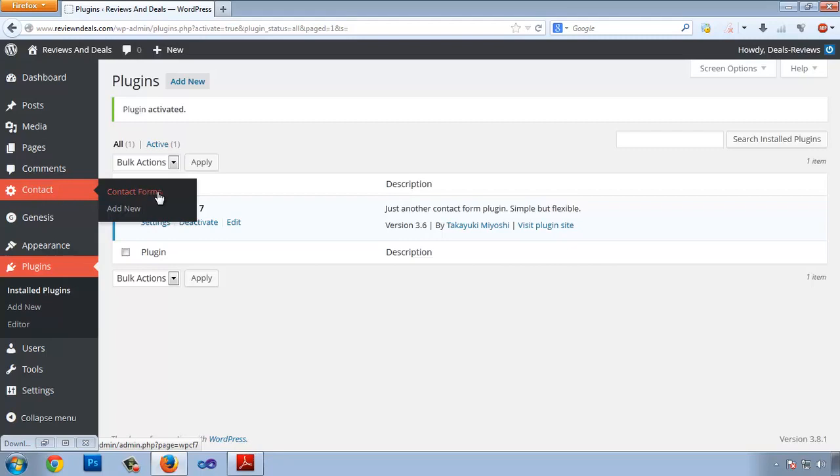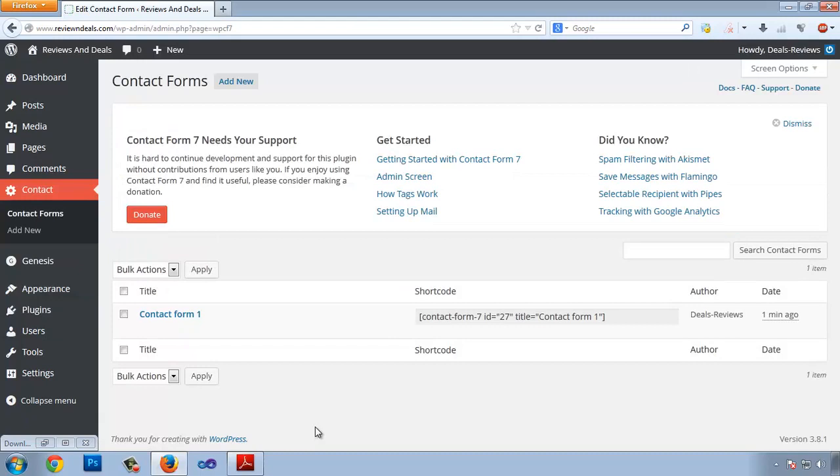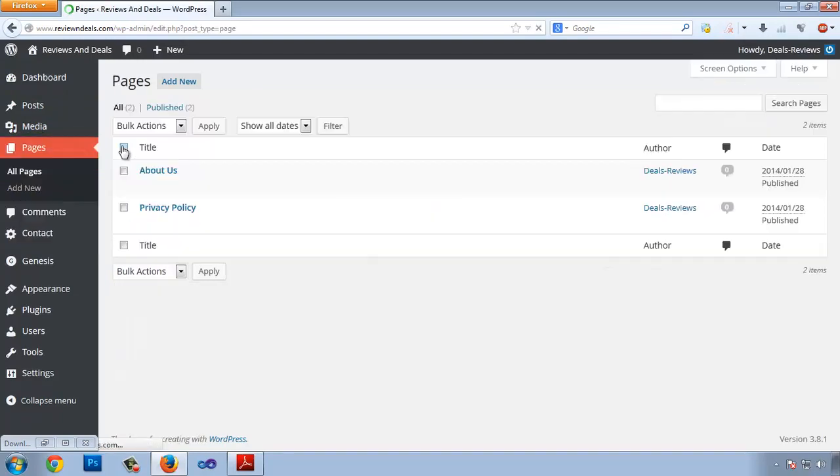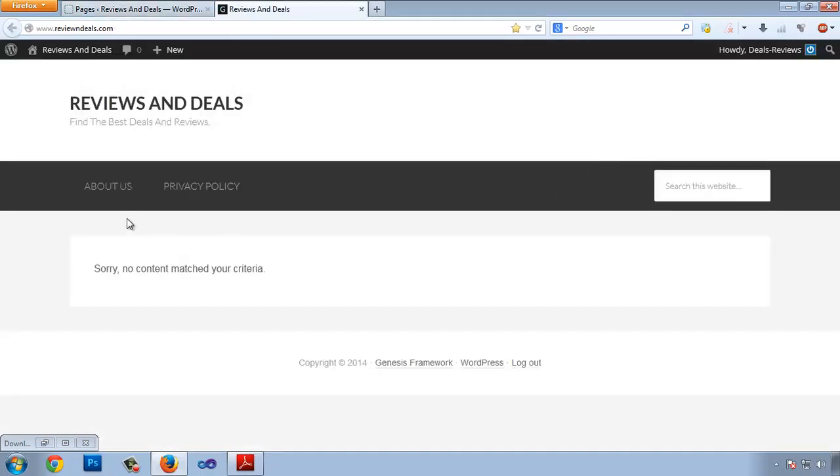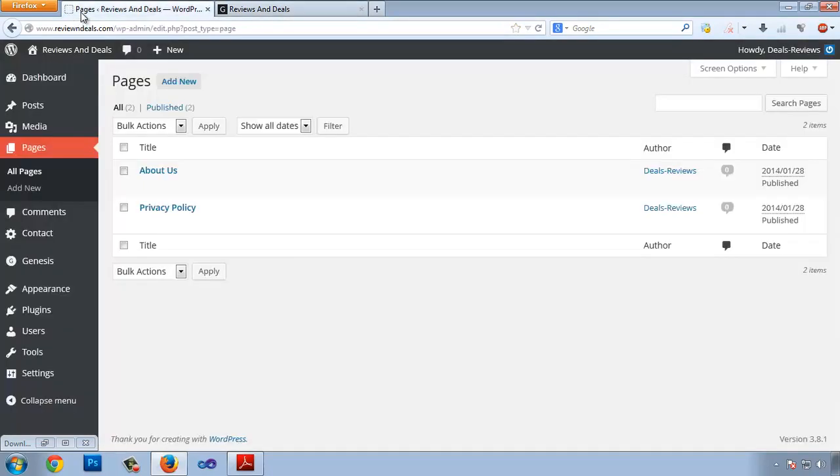So let's go to contact forms, and to create a contact us page, all you need to do is copy this shortcode here, copy, and go to your pages, all pages. And if I visit our website, yeah, right now there is about us and privacy policy, no contact us page. So all you need to do is click add new page,